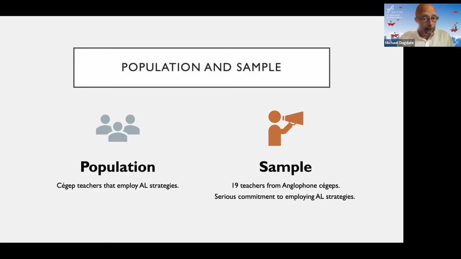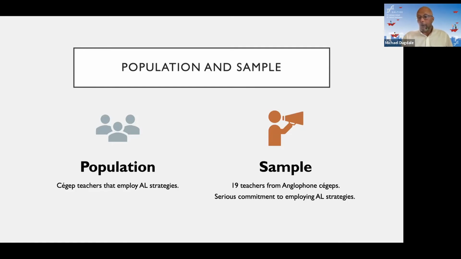And for those of you outside of Quebec, a CEGEP is much like a junior college. Students don't do K to 12 in Quebec. They typically do K to 11, then do 2 years at a cégep, a collège d'enseignement général et professionnel, which for a lot of our students is pre-university. And then they will go immediately into effectively the second year of university. So the typical degree is 3 years after cégep. So it's sort of like the grade 12 as well as the first year of university.